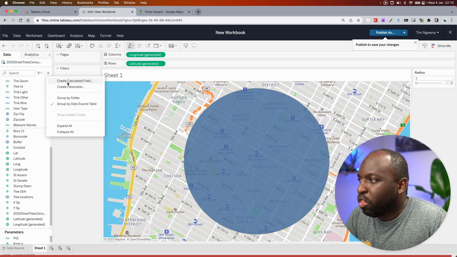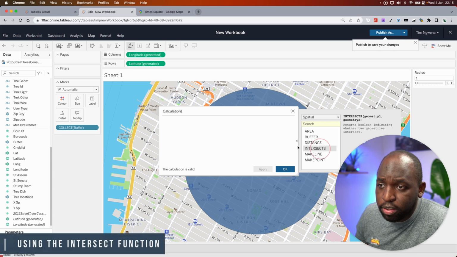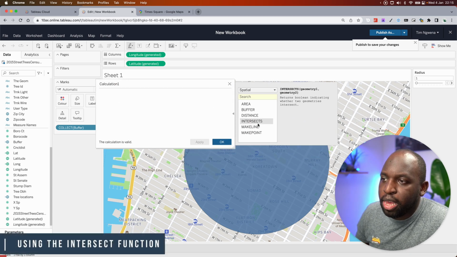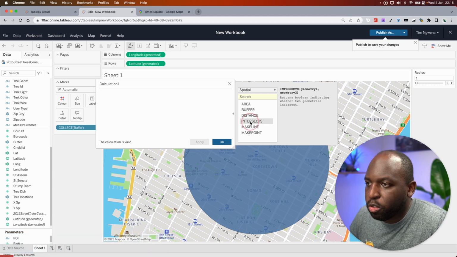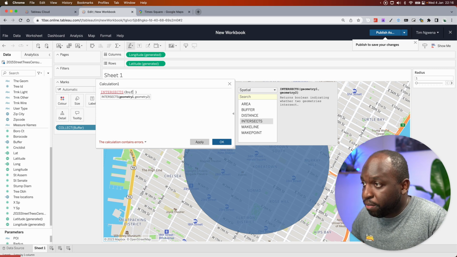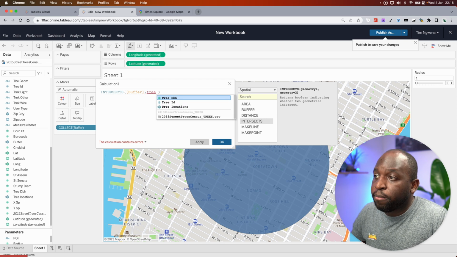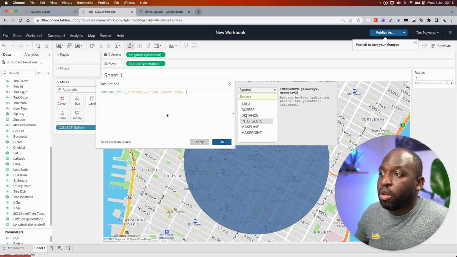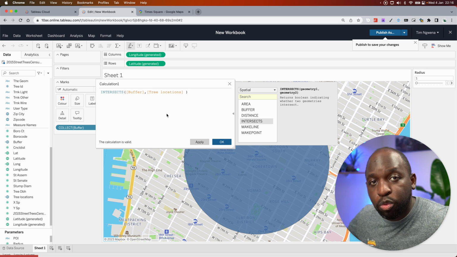The way this works is if we type intersect, you can see a little description of it here: it returns a Boolean when it matches to geometry. So we can double click it, and we're going to see if the buffer that we created intersects with the tree locations. If the tree locations fall within the circle, it's going to give us a true or false,